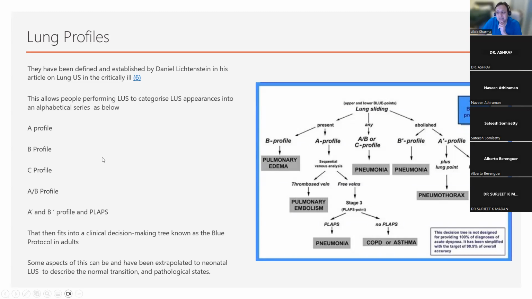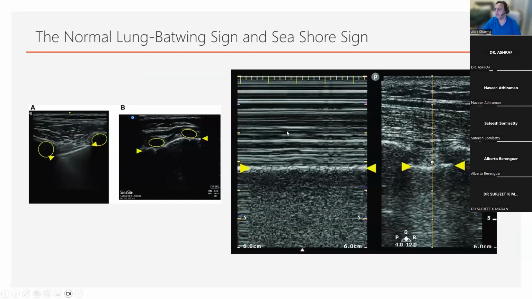Any other questions? Dr. Alok: How do we differentiate coalescent B lines and compact B lines? I wouldn't worry too much about that terminology. They're pretty much the same thing. What I'd say is that by definition, when we talk about profiles, which I'll explain better, as they coalesce, if you can see them as columns, so again, just going back to